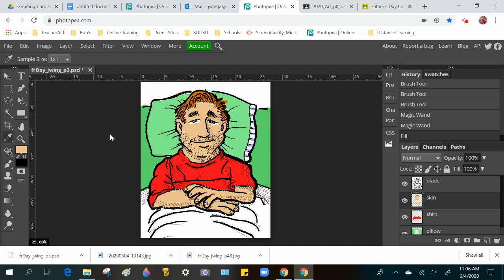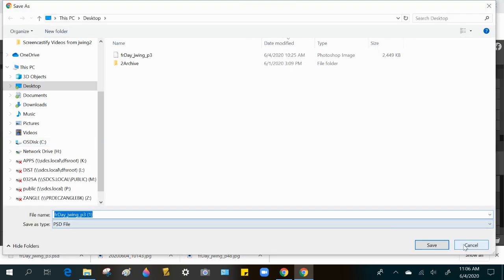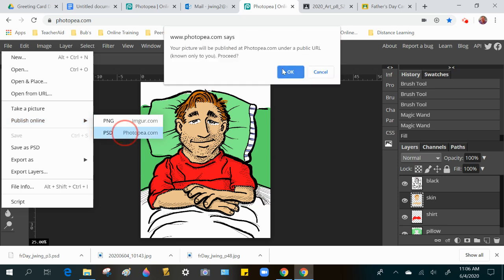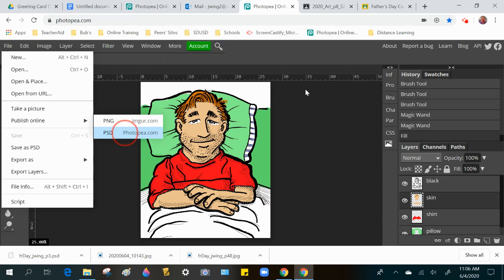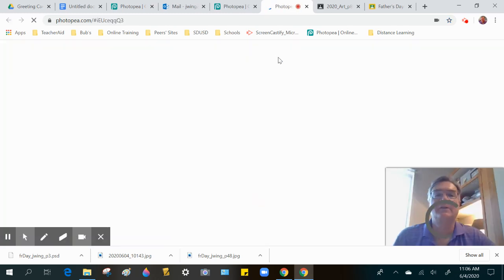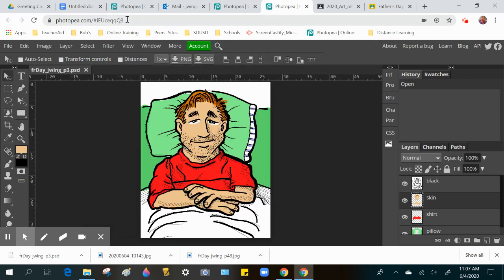Here's the other cool thing about this, though. If I do File, Publish Online as PSD, it's going to go back through this same process, and let me show you what happens. It's going to save it. It's publishing it to Photopea. It's opened up a whole new link. So I'm going to copy this one, select all that and copy it. Go back to my Google Doc